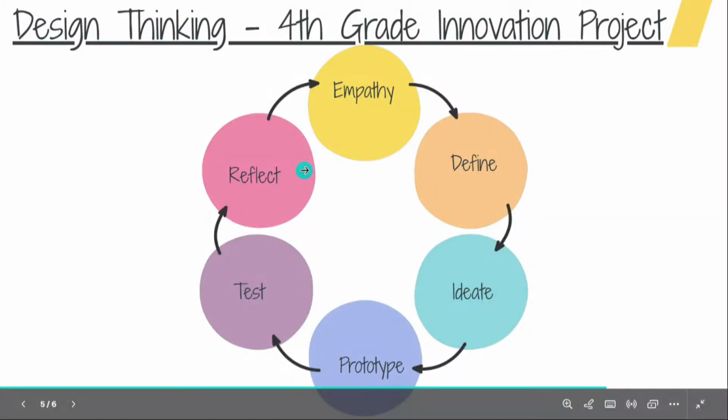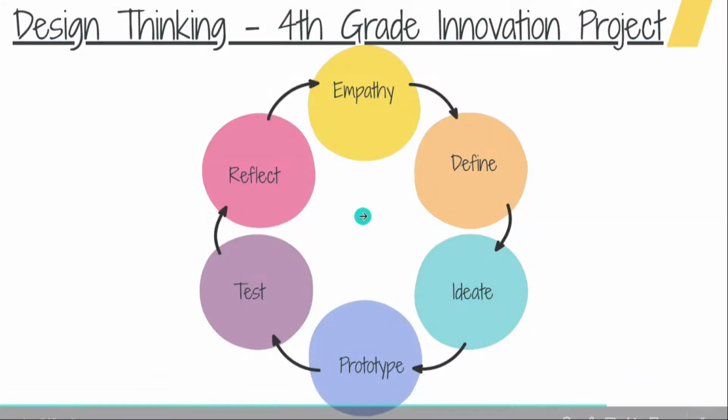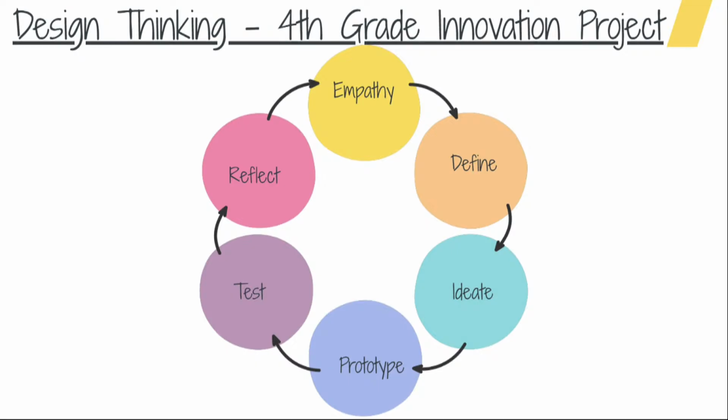Okay, so we use the design thinking model to make this whole section of the project. It was the framework for the second part of the project. So the first stage, empathy, is a very important one, and that's where all the students take time to reflect about how flooding has personally affected them. This fourth grade class all had a joint memory of wanting to go to that Pete the Cat assembly and having to evacuate the school due to a flood. So that was very prominent and something that really affected them and made them feel like this was an important topic to explore and fix this issue.